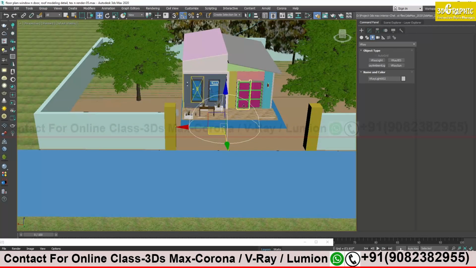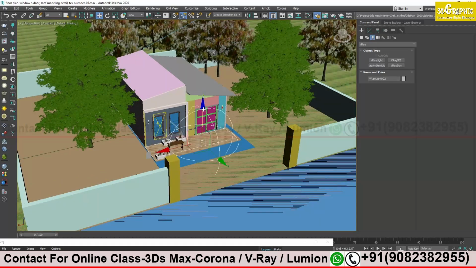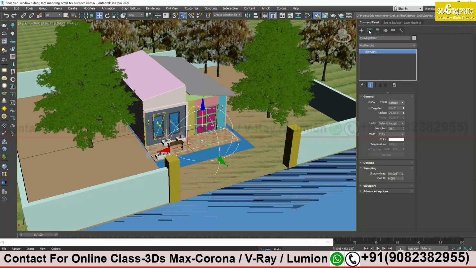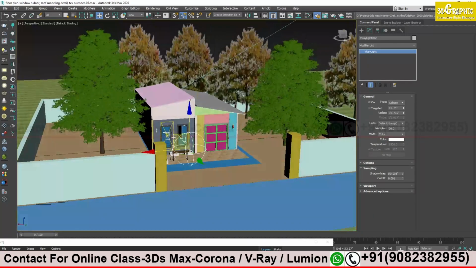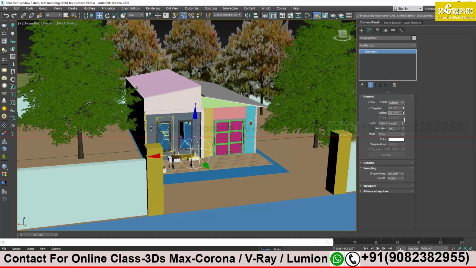First of all, you see the size is really huge, no? So again I will come to property, and here you have radius now, because it is spherical in shape. The radius decides how big my light source will be. I will reduce it a bit. Now again the same thing, I will keep the multiplier low as of now, only 5.